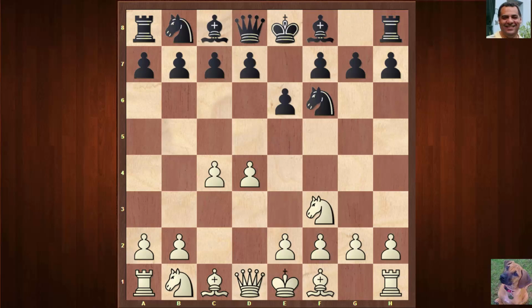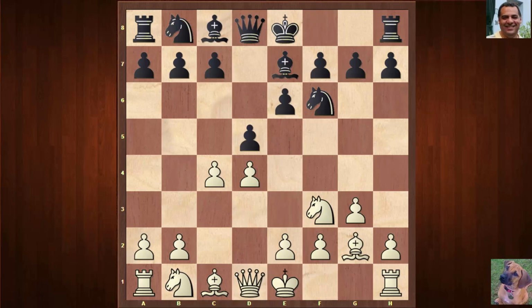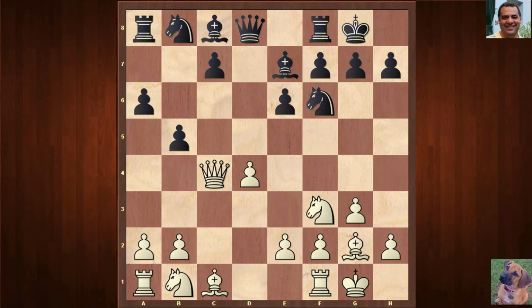We enter, shortly, into a Catalan, characterized by this bishop fianchettoing, putting pressure along the diagonal, and black's d5 pawn will be the first target. Bishop e7, bishop g2, black castled. Now often players actually ignore the c pawn here, and they often castle. We're talking nearly 10,000 games with castling, and games often continue, for example like this, where there's a tempo gain